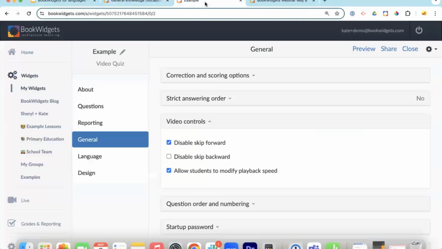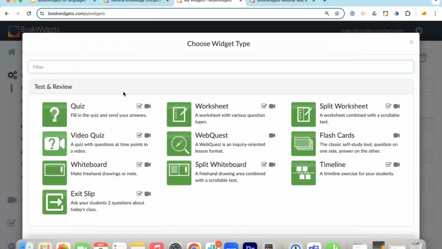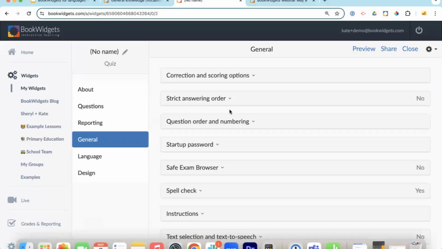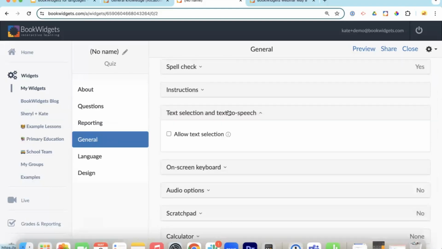my behind the scenes. Let's go to widgets, and I'm going to create a new widget real quick and pull up quiz so I can get to some of the materials. One thing I want to show is, when you come down here to text selection and text to speech, that's browser based. It's what you see up in the toolbar when Google pops up asking, would you like to translate this? And then within the widget itself,